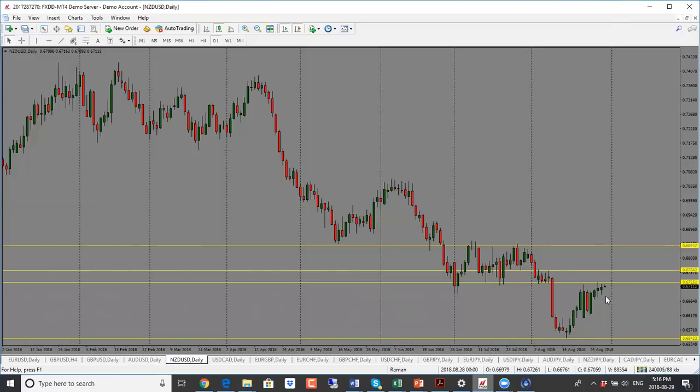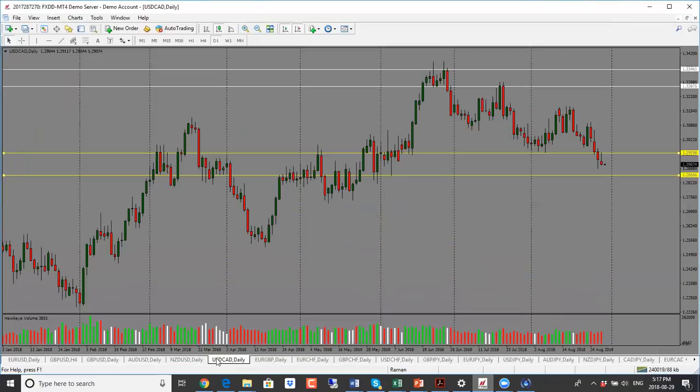So for this one here, bias is neutral. And again, the same support and resistance that we looked at yesterday is 0.6720 level here. As long as price stays below this, I'm looking for price to come back down here. Now, if it does break higher, then the target would be 0.6760 level. And that's our important support and resistance level there as well. So bias is neutral for New Zealand dollar.